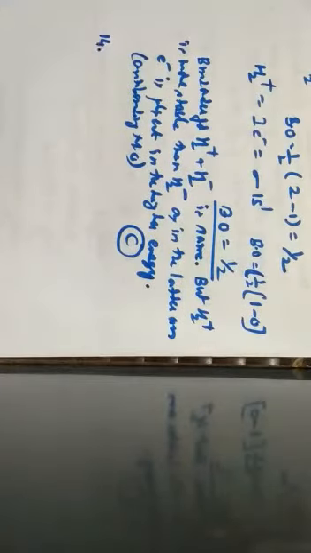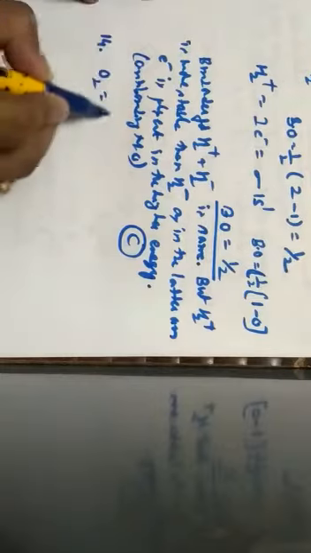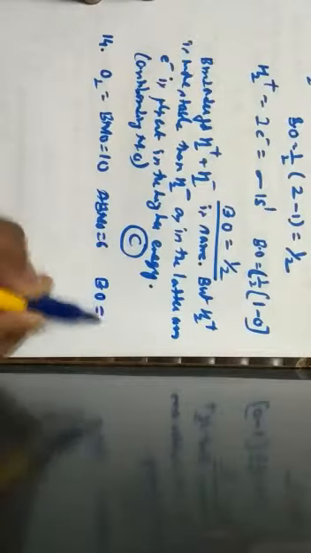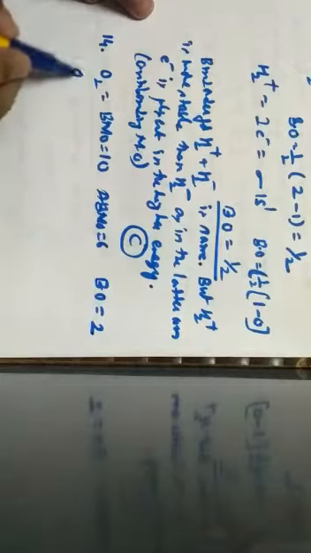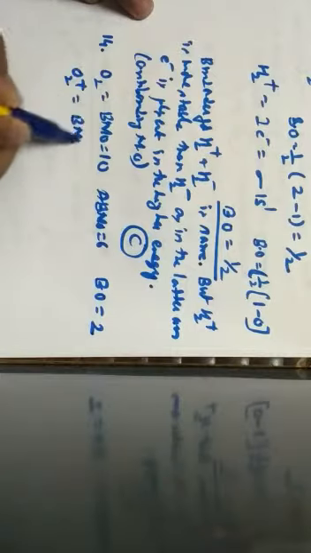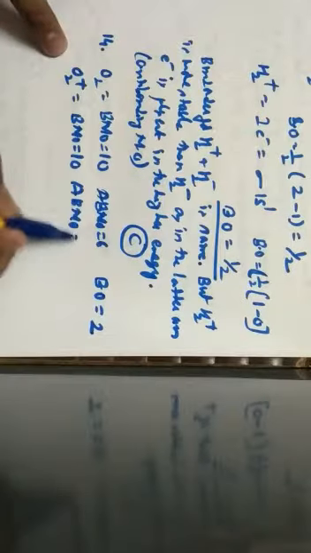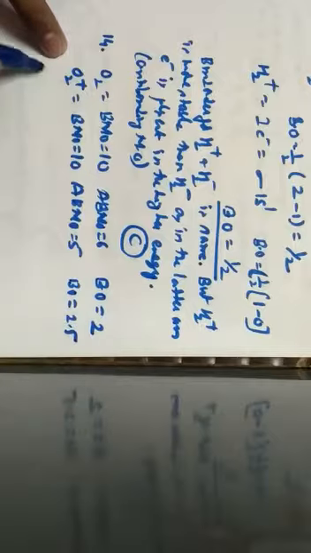So when it comes to question number 14, here it has been given as arrange the following in the increasing order of their bond order. So when it comes to the oxygen molecule, in the oxygen molecule, bonding molecular orbital electrons are 10, anti-bonding molecular orbital electrons are 6. If I calculate, the bond order is 2. The second one is what? O2 plus. In O2 plus, bonding electrons are 10. So O2 plus means removal of an electron, anti-bonding electrons will be 5. Therefore, bond order will be 2.5.